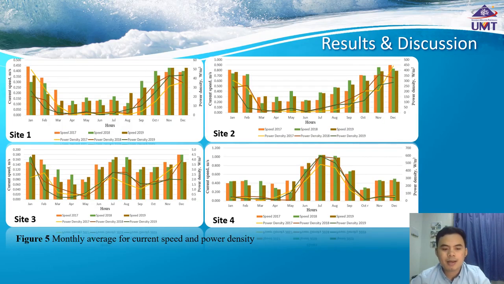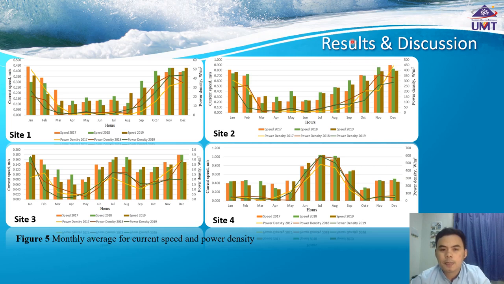For figure 5, monthly average for current speed and power density. For site 1 and site 2, located in Sabah, it is clear that the current speed is higher during the northeast monsoon, from November to March. However, for site 3, located in Peninsular Malaysia, the current speed is higher during the southwest monsoon. Also, the highest current speed was recorded in site 4 during July, with a value of 1.04 meter per second, followed by site 2 in November,